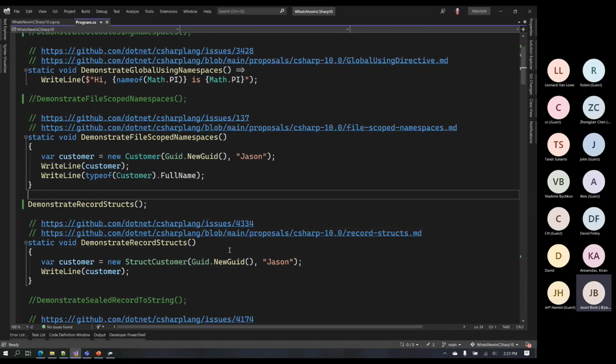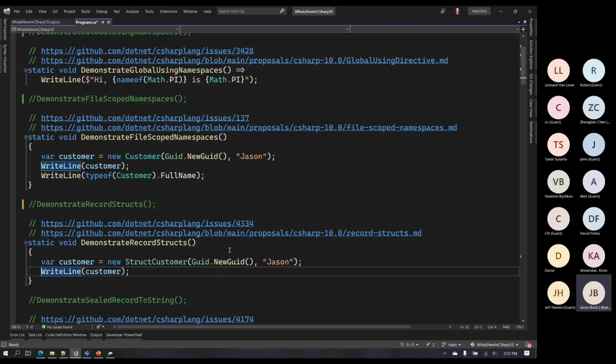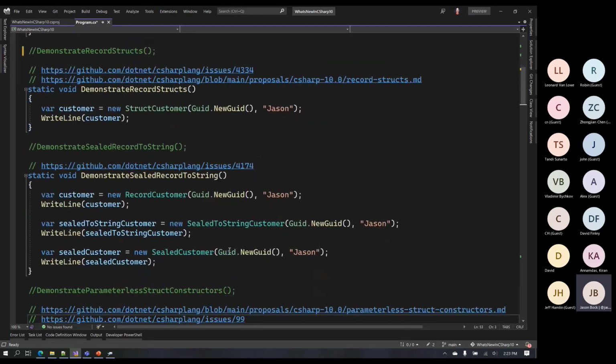Okay, I'm going to go through a couple of things rather quickly because these are almost like, I don't want to say they're bug fixes, but they were things that existed before, and C# 10 kind of said, well, we'll address them now. The first one is kind of an odd case, but it's one that you can now do in C# 10. Again, I would call this a bug fix because you should have been able to do this in C# 9. And that is sealed ToString with records.